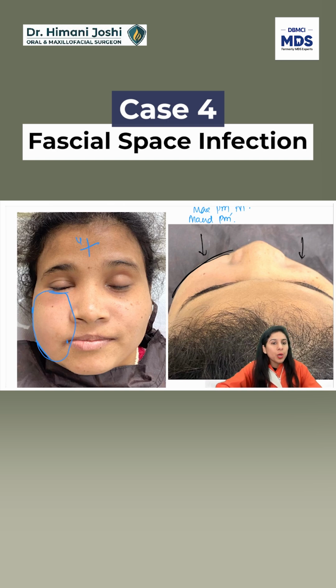One last thing which I would want to tell you is, sometimes, as young doctors, when we see a space infection, we expect that we will put an incision and suddenly a lot of pus will come out. Yes, that does happen a lot of times, but sometimes there is no pus. Okay, why do you say no pus? Because there are 3 stages of infection.